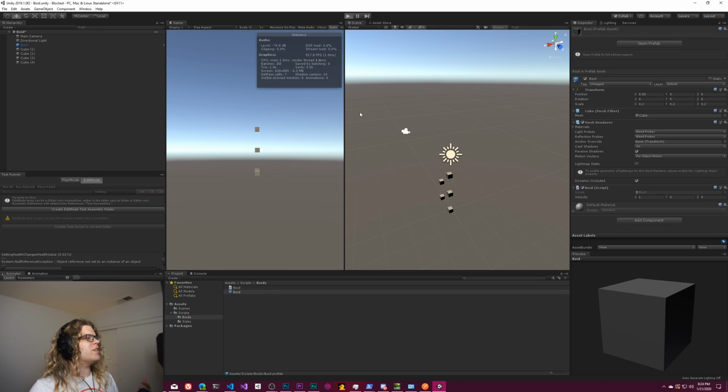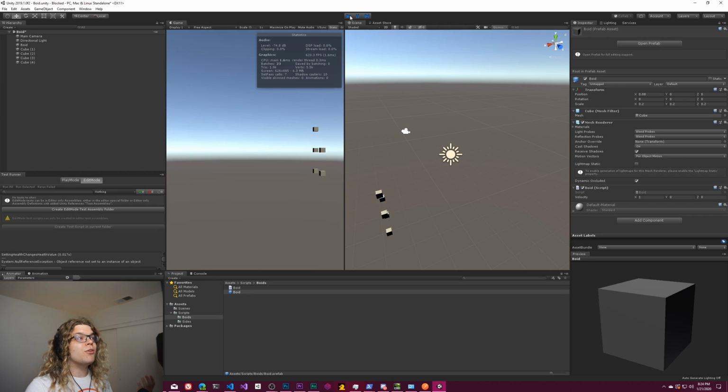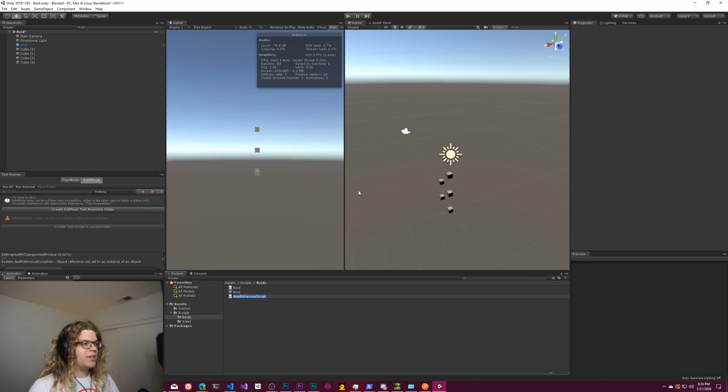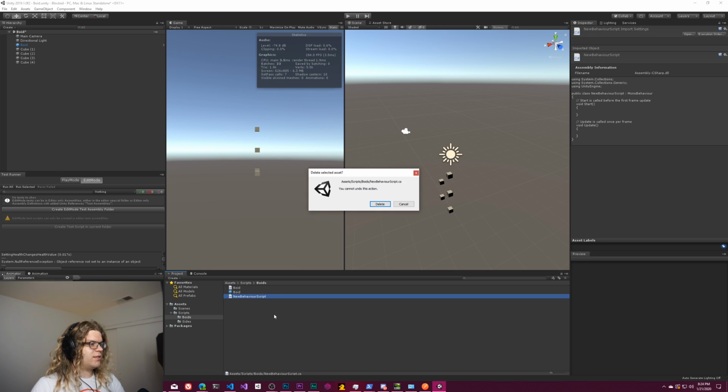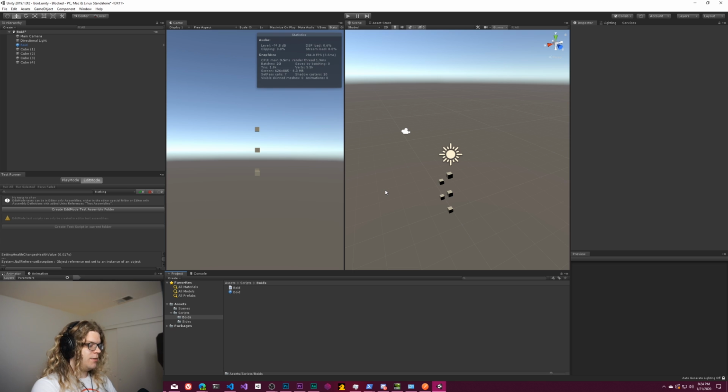So if we start this, we should see all 5 of them just move off the screen like that in sort of a uniform direction. And that's pretty much everything we expect. And so let's do, what was it called? I believe it was Cohesion. So let's remove that behavior and create a new one called a